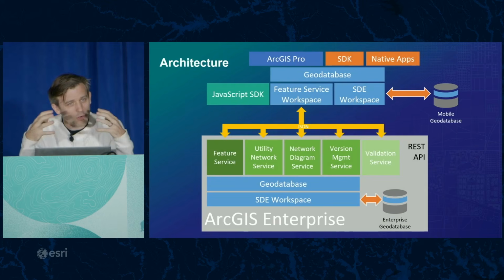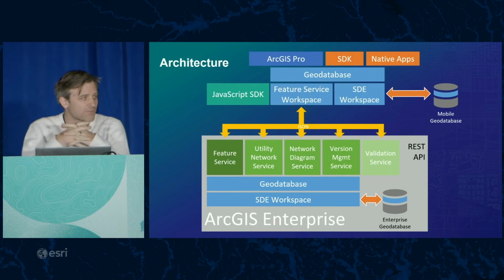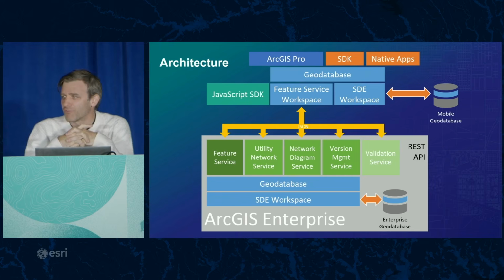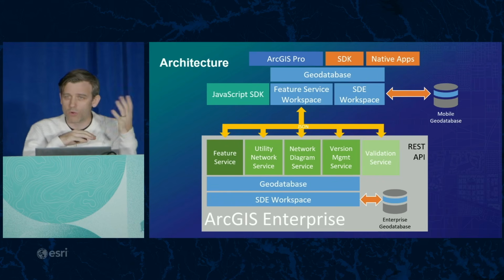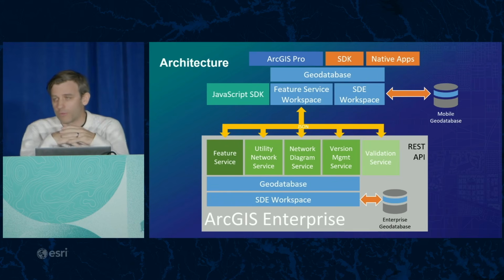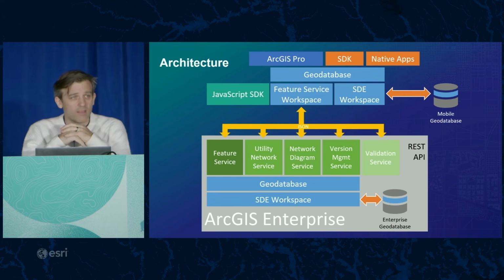So what does the architecture of this thing look like? We always say a services-based architecture. This is a diagram that's flown around through different slides over the years and different presentations. All it really highlights is top to bottom, we have end user applications, whether it be ArcGIS Pro, our SDK, whether it be native apps coming at us. These all go through